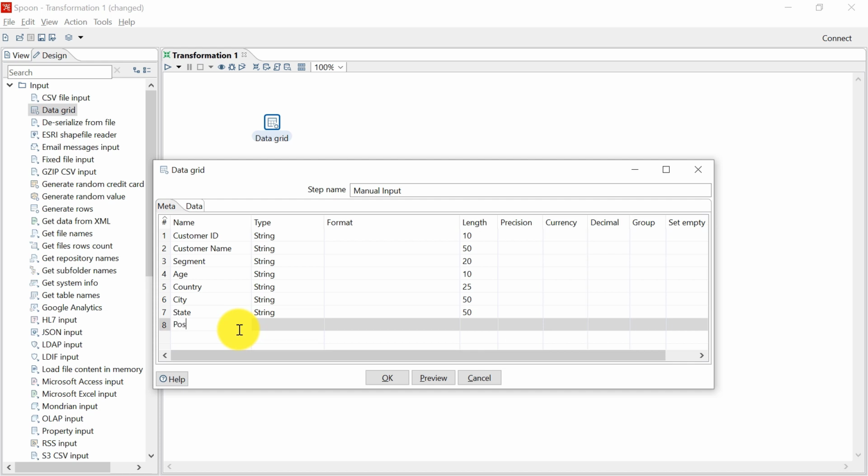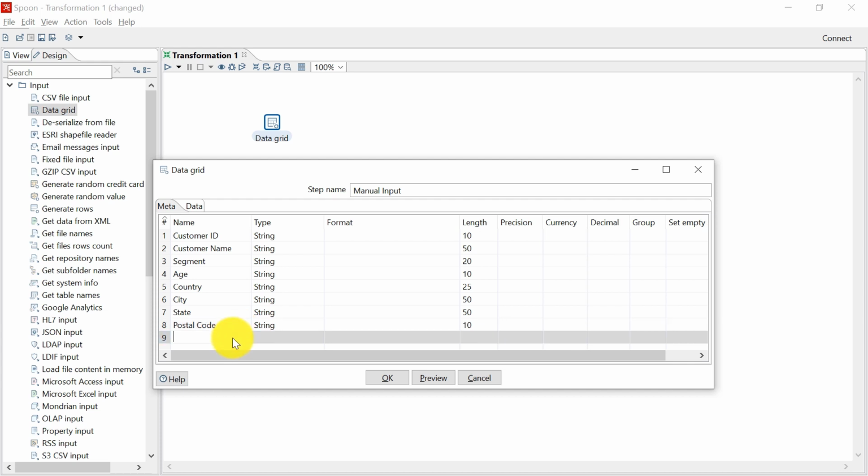Postal code, string, 10 characters. And lastly, region, which is also string with 10 characters.